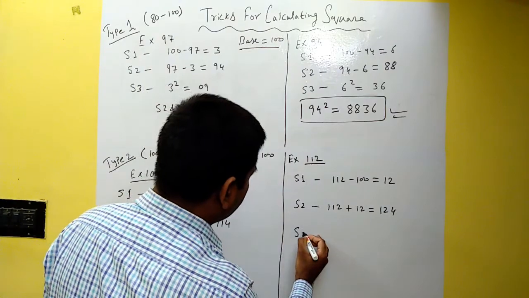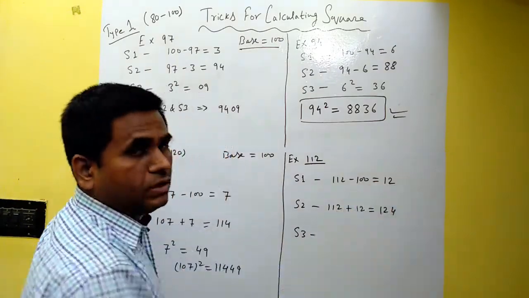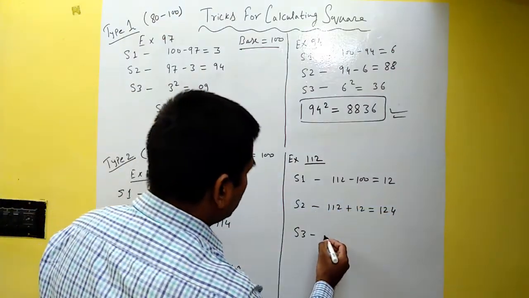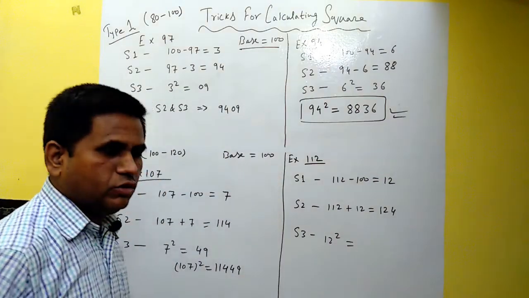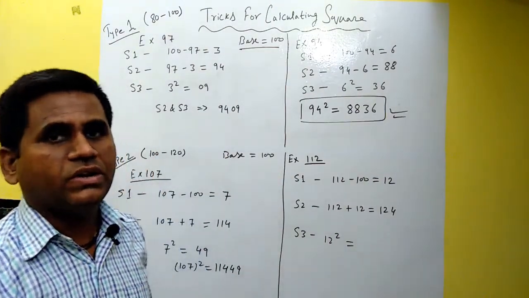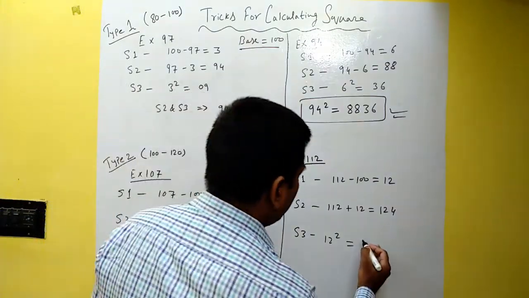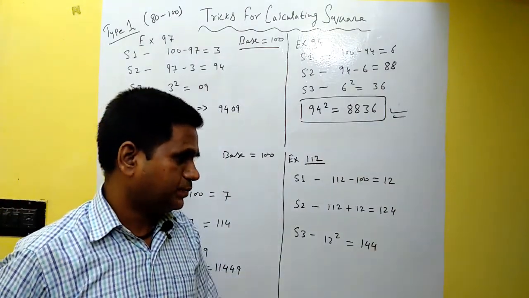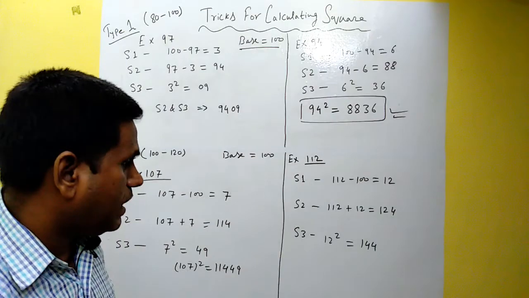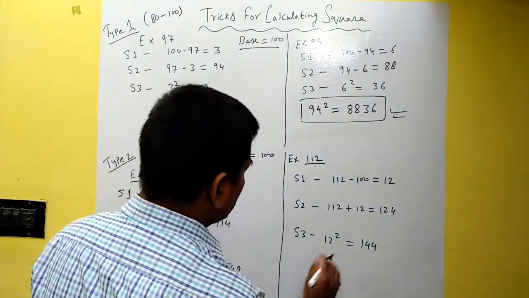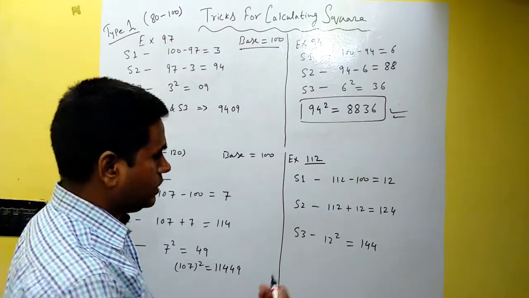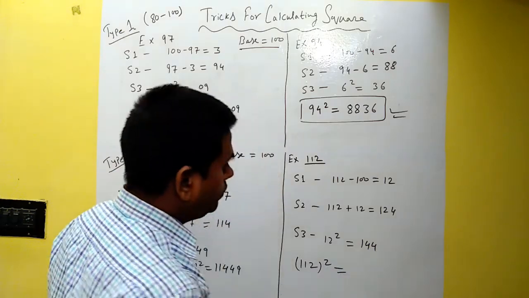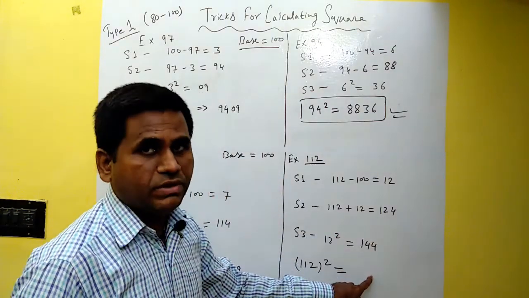Now step 3. In step 3, we have to find the square of the number which we obtained in step 1, so 12 square. If you are preparing for a competition, you will remember this, because it is not a big number. So directly I can write 144. Otherwise, if you don't remember, you can quickly find it out. Now step 3 is over. It's time for us to write the result. So 112 square is equal to step 2 and step 3 written together.